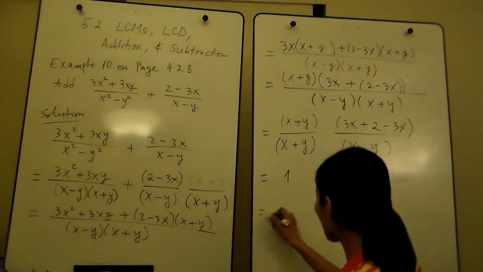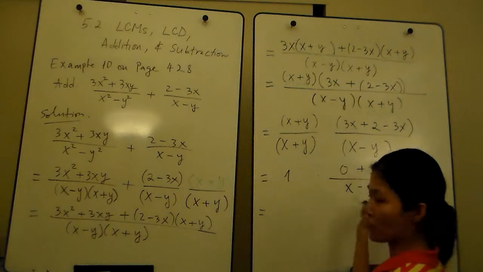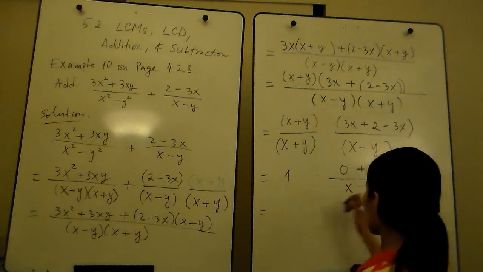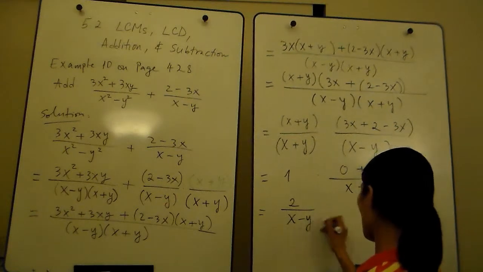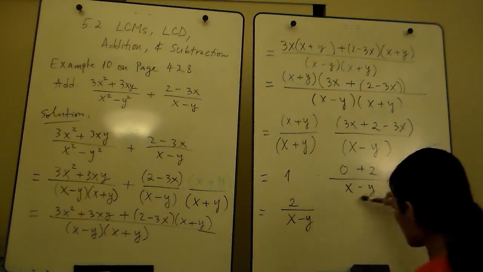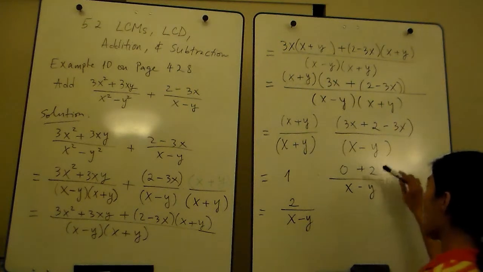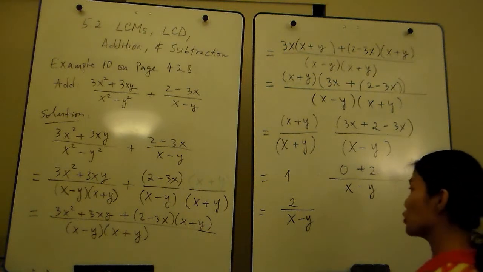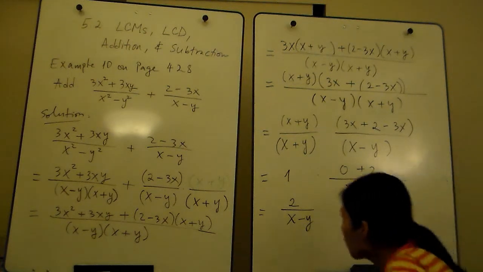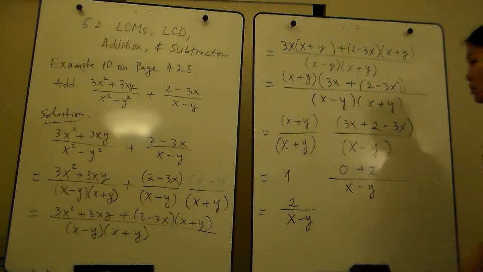Alright, so we're almost there. 1 times this fraction is the fraction. So 0 plus 2 is 2, over x minus y. Okay, so this fraction simplifies to 2 over x minus y, and 2 over x minus y times 1 is still 2 divided by x minus y. Remember, anything times 1 is itself. So this is how you